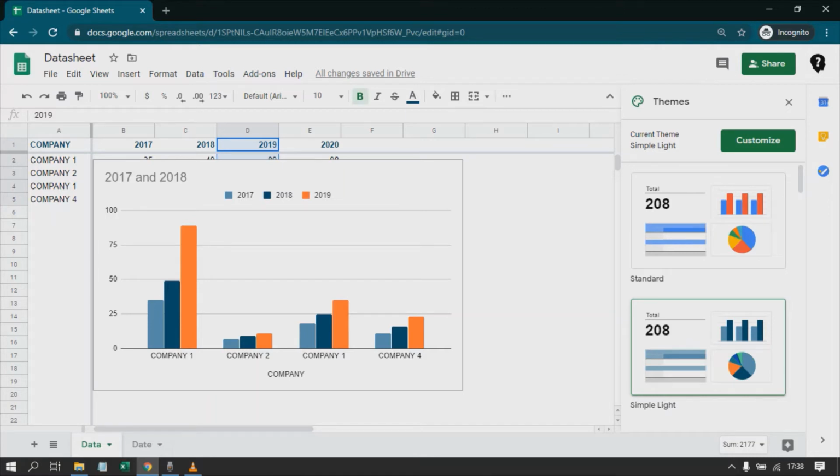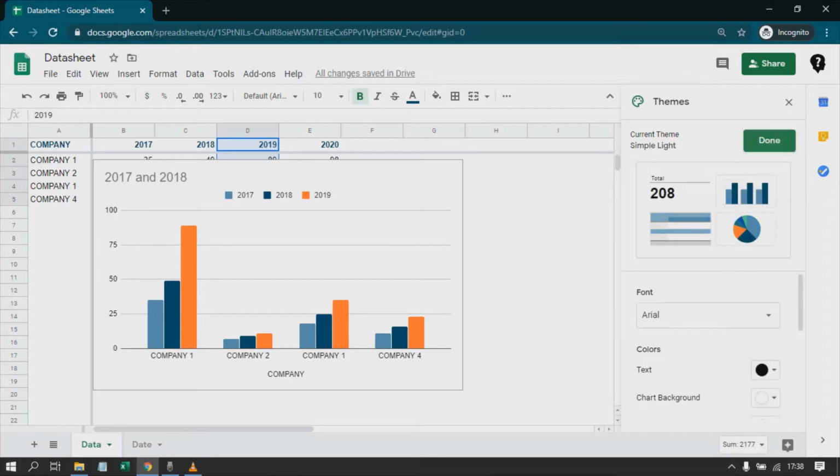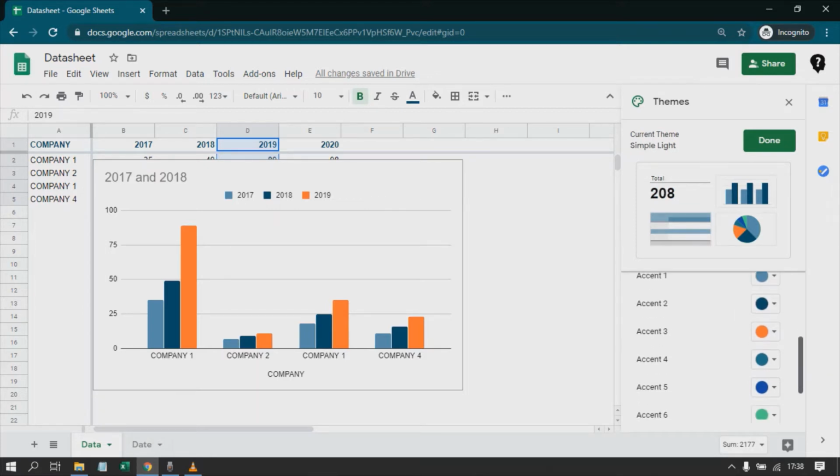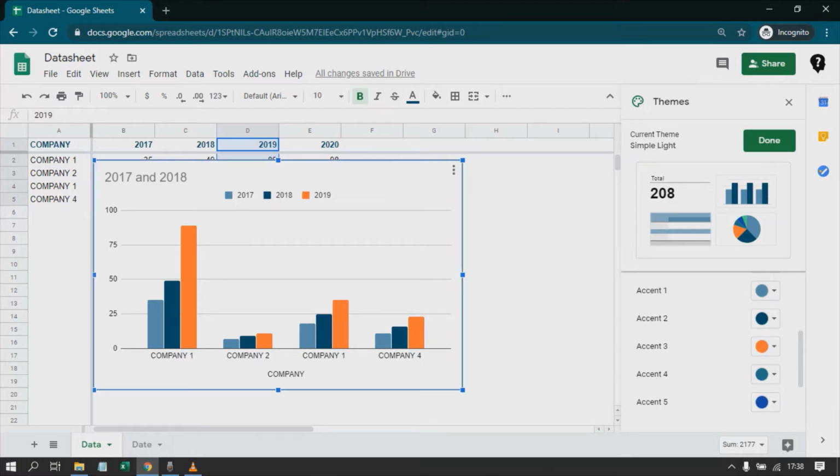Now where you can customize these theme colors is basically you can click on customize and here you will see these color accents. These are the defaults and you can change them as well. So what these accent 1, 2, 3, 4 and 5 mean is, whatever the next set of data point you are utilizing, accordingly the accent or the color is picked up.